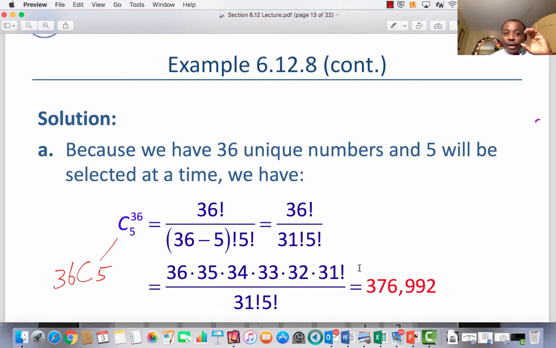You have n unique objects and you are interested in just k of them at a time. That tells you that you are no longer dealing with the fundamental counting rule. So you could either be with permutation or with combination. If order is not important, then it is combination, and your answer is simply 36 combination 5, which is